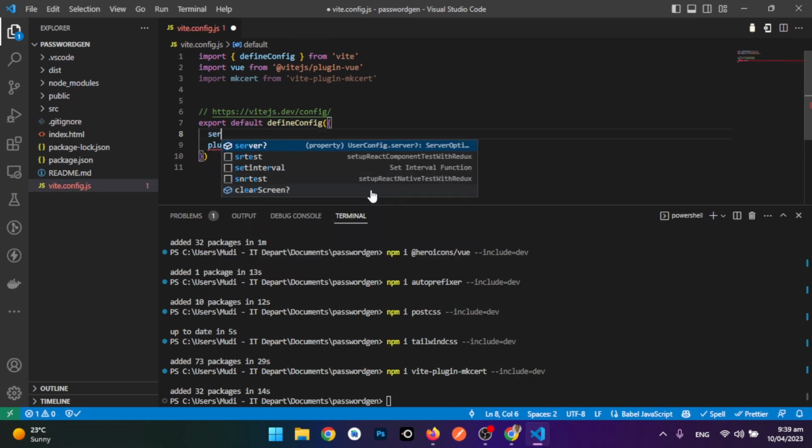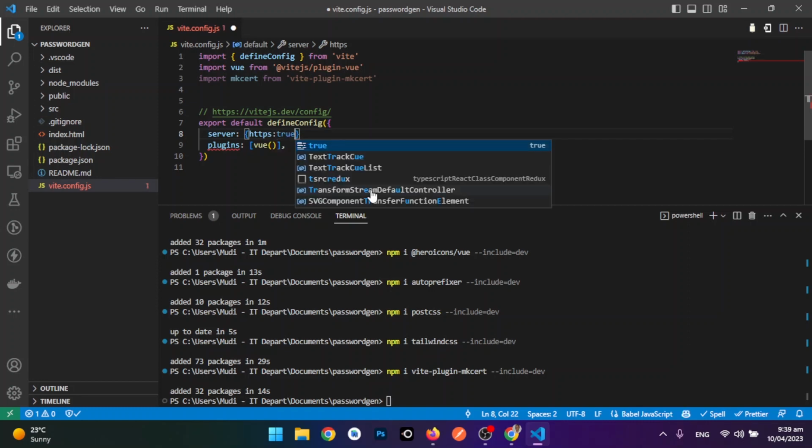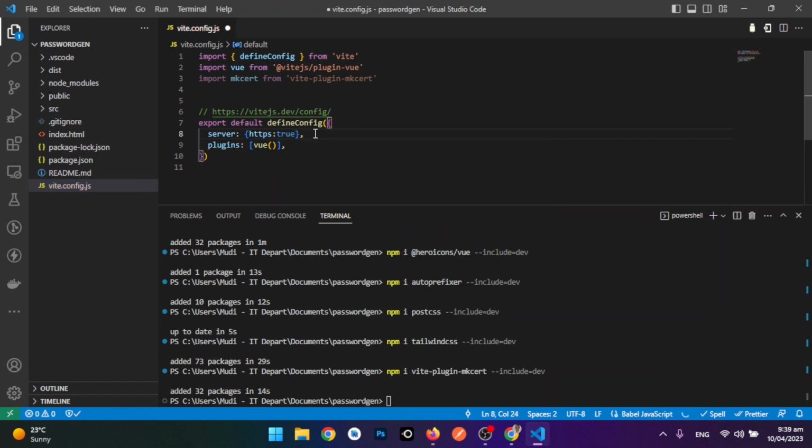So we're gonna have server, and let's do that. Let's go HTTPS true. Okay, looks good. Just add a comma there,